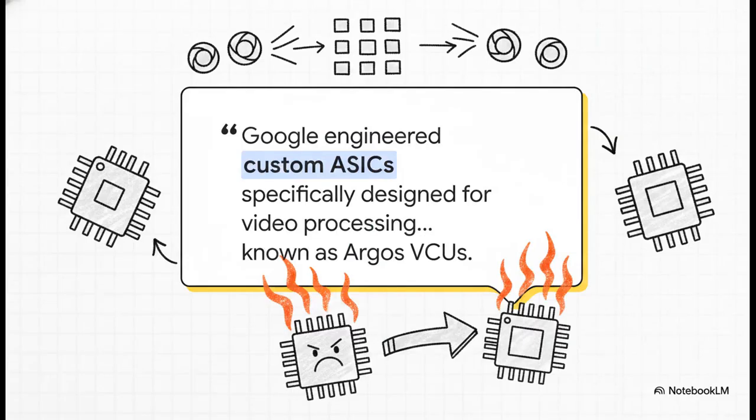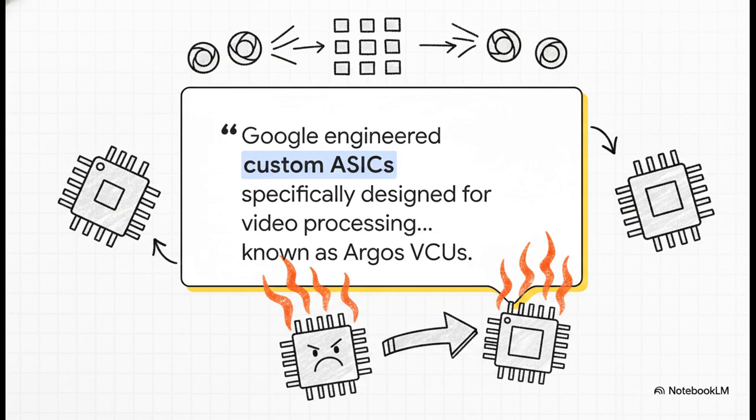But storing the data was really just half the battle. Think about the video files themselves. When you upload a raw video, it has to be decoded and re-encoded into multiple different resolutions and bit rates. The computational heat generated by modern video codecs was literally so intense that traditional CPUs were just choking under the pressure. Google's solution? They actually went ahead and built custom silicon. No joke, they engineered custom application-specific integrated circuits, ASICs, called Argos VCUs, specifically designed just to handle the intense processing